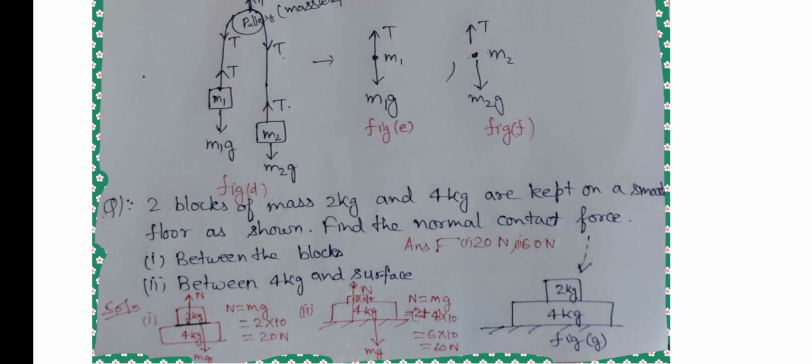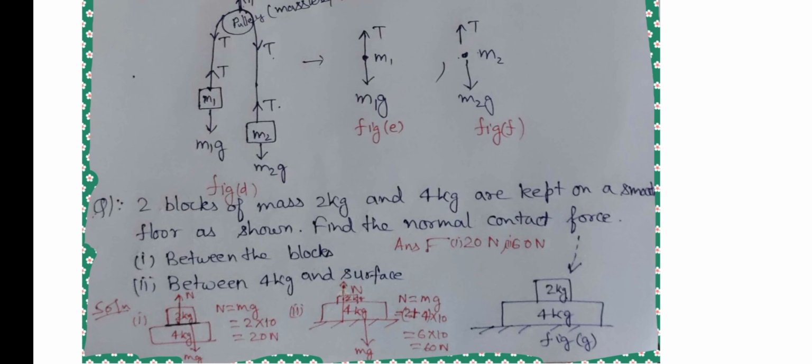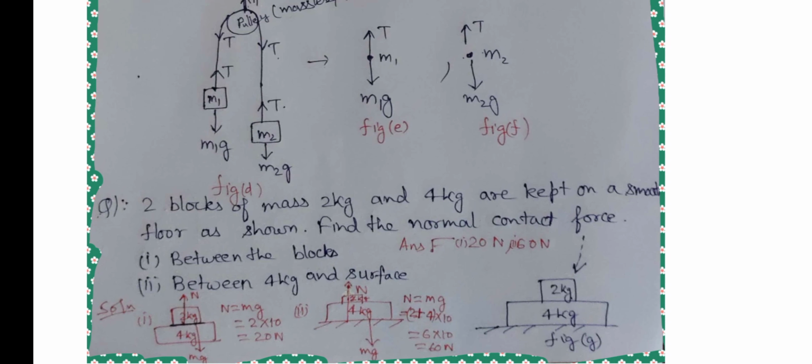We take the body that is kept on the contact surface, of 2 kg and 4 kg. The load is always assumed to be on the upper part, so 2 kg is the upper part. So we take 2 as the mass and g as 10. Now 2 into 10 is 20 Newton. So this is our normal contact force. The important thing here is to see the contact and which load is on it. The load is above, so we took 2 kg.